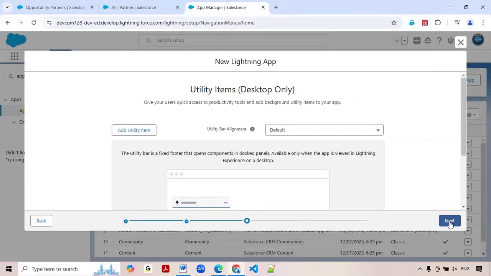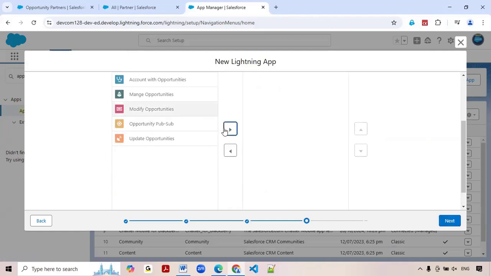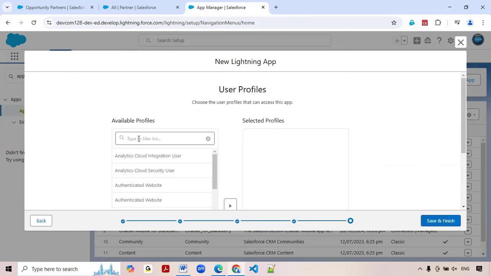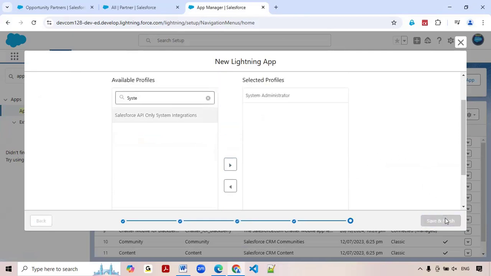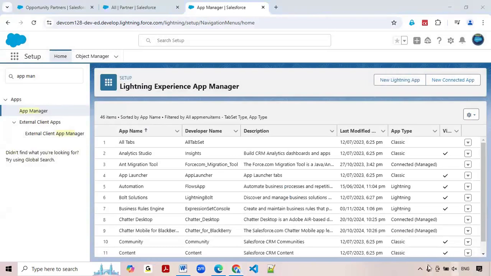Click on next, click on next. Here I'm adding the Opportunity. So click on next, default permission. I'm giving it to the System Administrator. So save and finish. Okay, so now next is